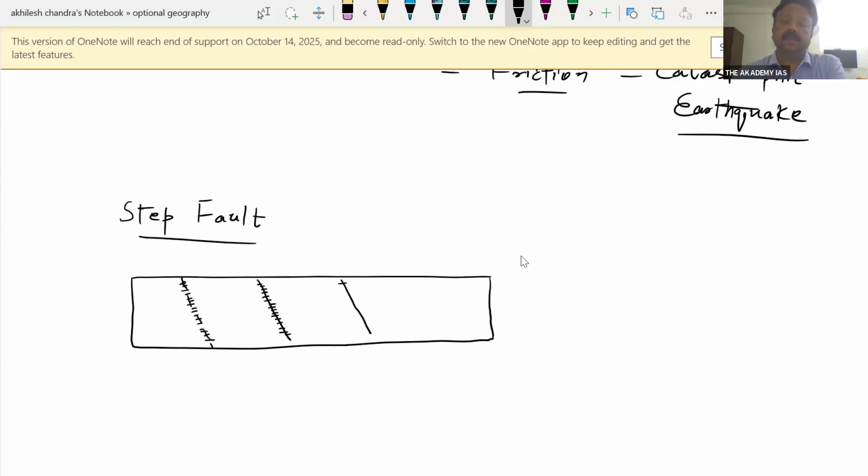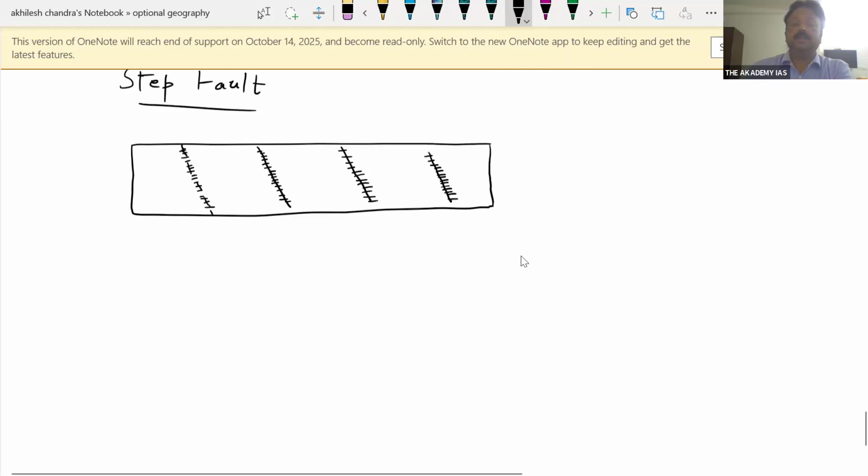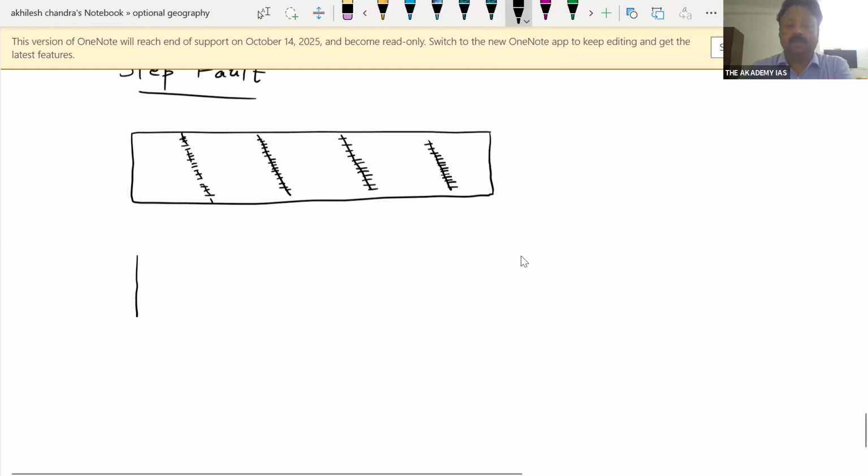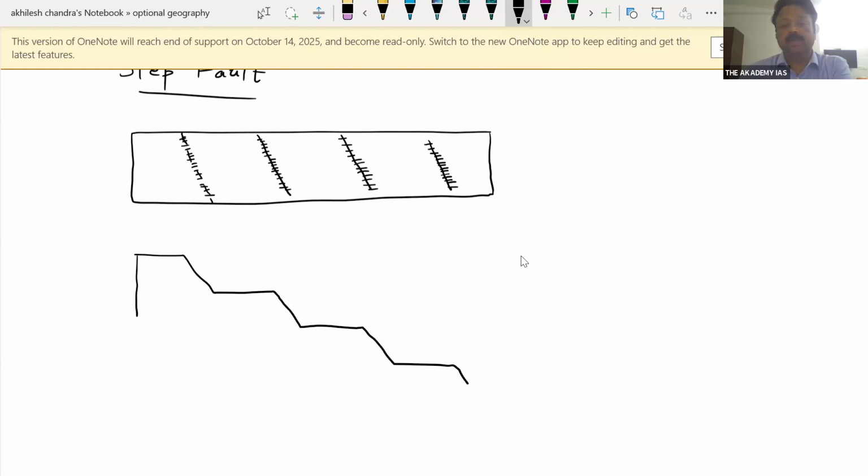It's not like the movement in each block is the same. But yes, there is differential movement. And in this way, the movement takes place like this. Suppose that this is the block which happened to have this kind of movement. Another block is moving like this. Another block is moving like this. Another block is moving like this. Fine. So this is the block. Here, this is the block. And this is the block. So you'll find that